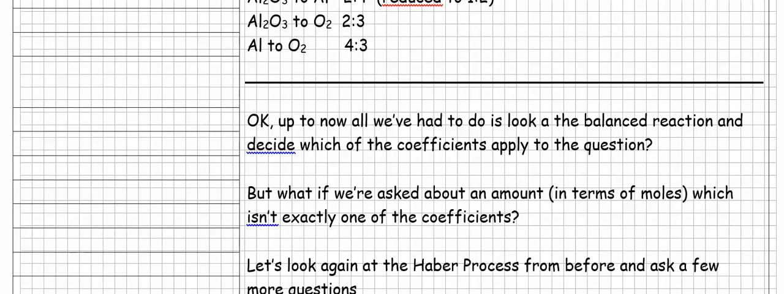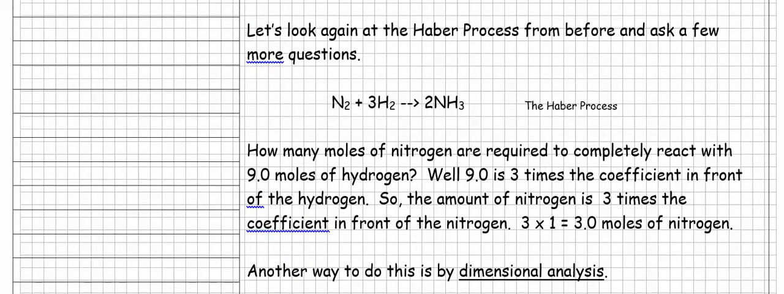But what if we're asked about an amount in terms of moles, which isn't exactly one of the coefficients, right? Let's look again at the Haber process from before and ask a few more questions. So the Haber process was N2 plus 3H2 yields 2NH3. So let's ask this question. How many moles of nitrogen are required to completely react with 9 moles of hydrogen? So let's put a question mark right here. I don't know how many moles of nitrogen, that's what I'm looking for,